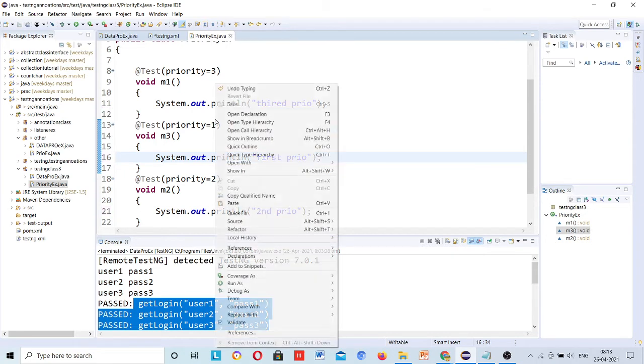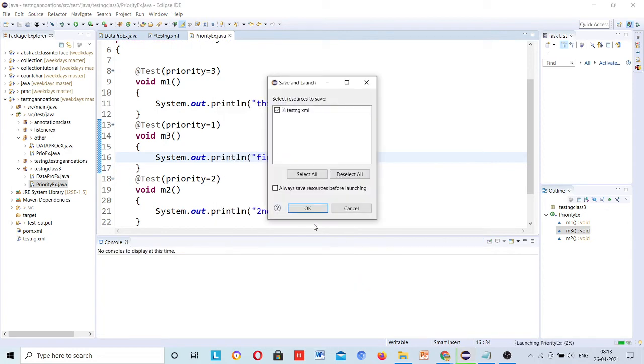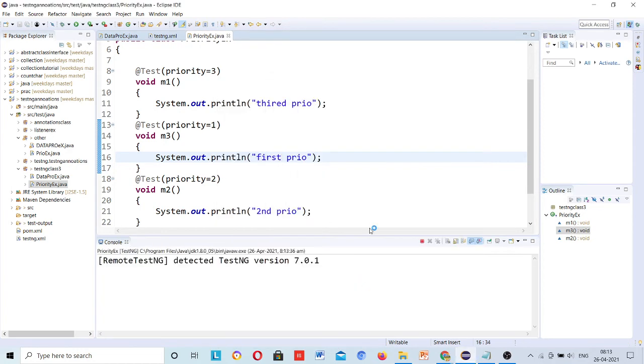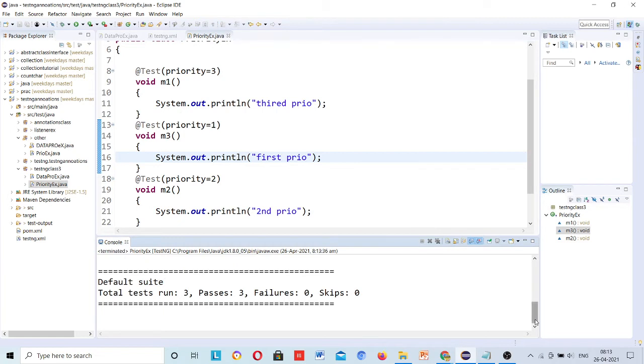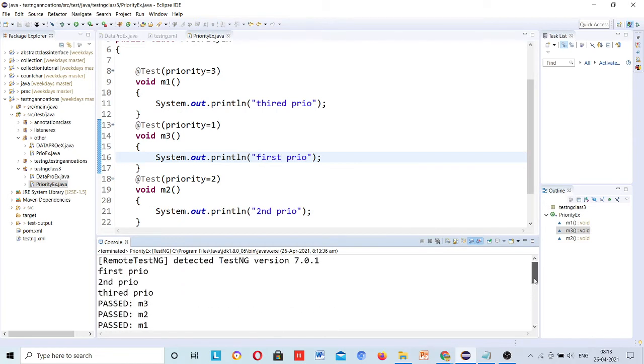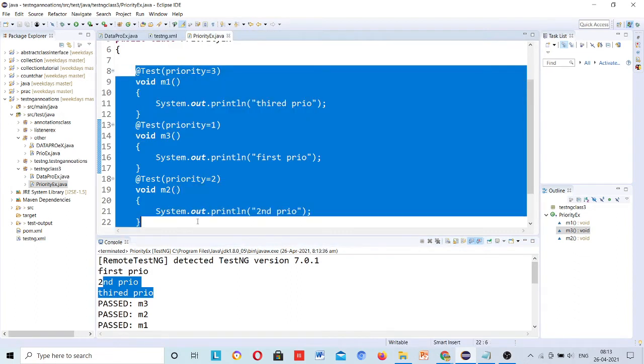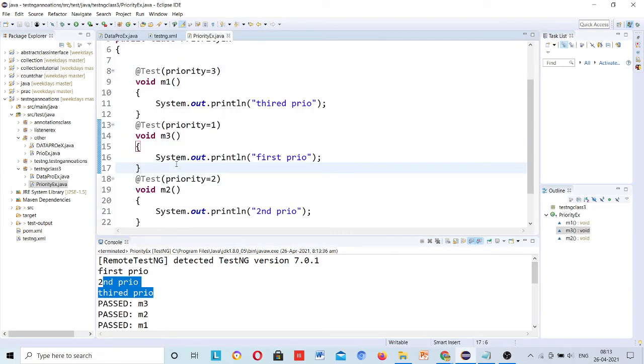Okay, I will run this. You can check, whatever priority you will give, they run in that order. First priority runs first, second priority, and then third priority. Okay, they are not running in order, they are running in the priority that I have given.